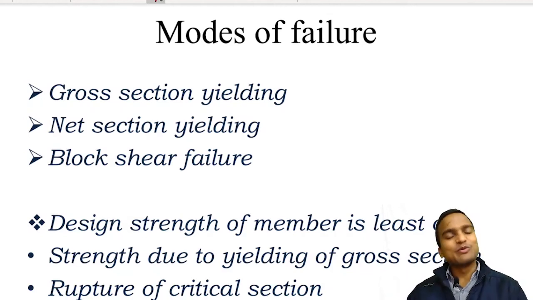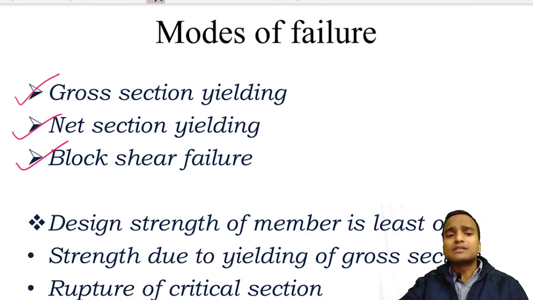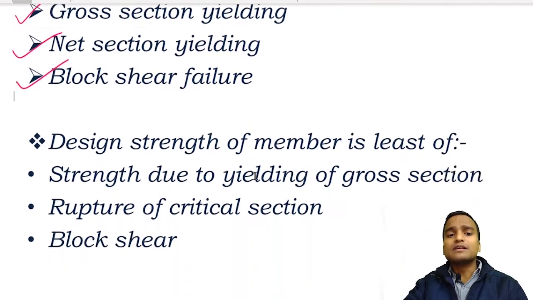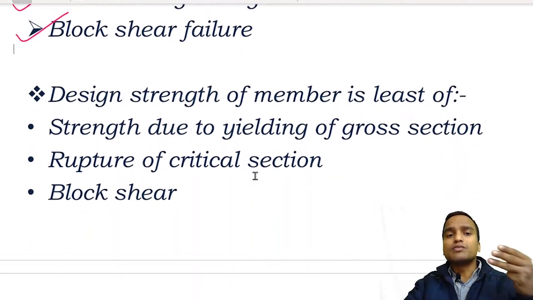Hello and welcome everyone. So far we have understood the design philosophy of tension members from IS 800, and we have seen that there are basically only three modes of failure in tension members. The first one is gross section yielding, the second one is rupture of net section, and the third one is block shear failure. So the design strength of a tension member is the least of these three values: